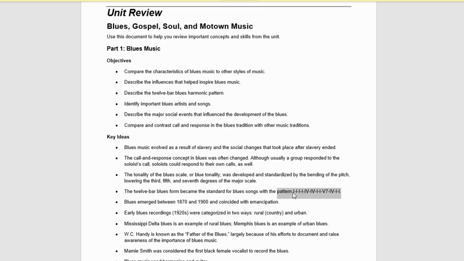And you have 4 of the 1 chord, which is the tonic. Then you have 2 bars of the 4 chord, which is the subdominant. Then you have 2 bars of the tonic, the 1 chord again, 1 bar of the dominant 7 chord,